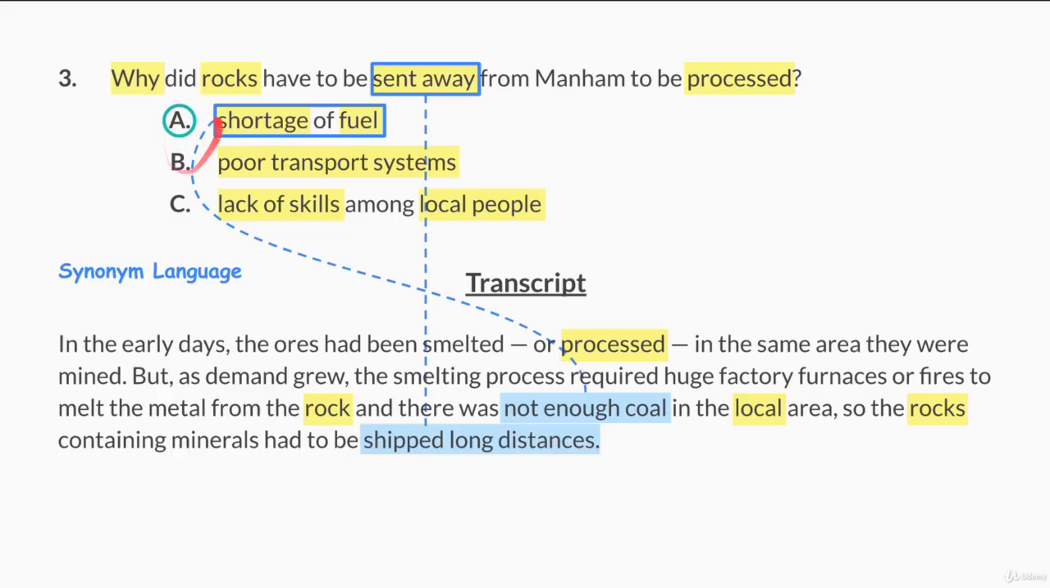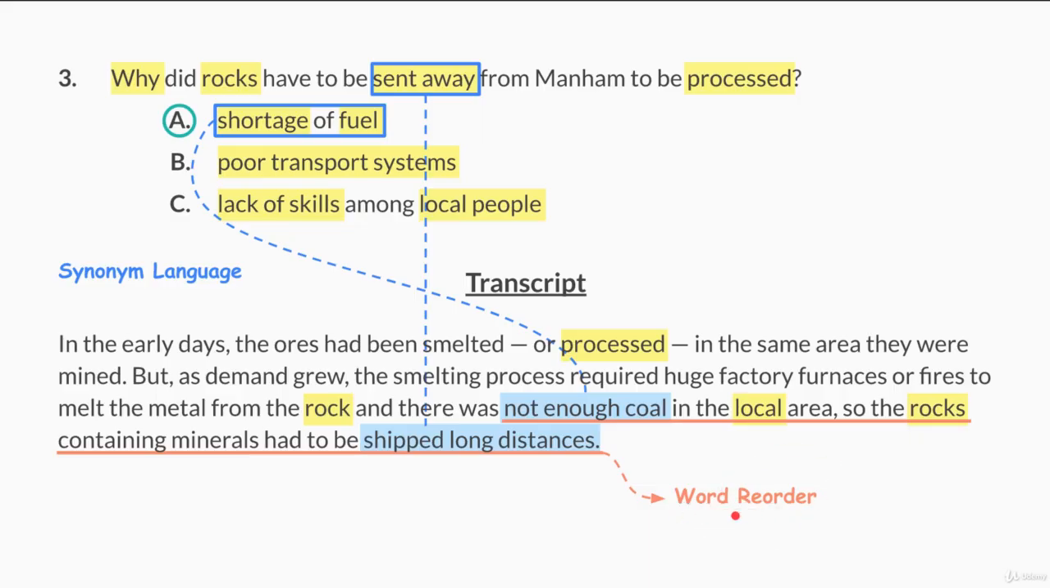So that there is our correct answer. Why were they sent away, or why were they shipped long distances? Because there was a shortage of fuel, or because there was not enough coal. It's the same thing, okay? Synonym language, very important in the IELTS listening test. Practice it. So over here, I want to point out one final thing, which is that we have a trap over here, which is, it's not really a trap actually, it's more like a little trick that they've used just to throw you off a little bit, which is a